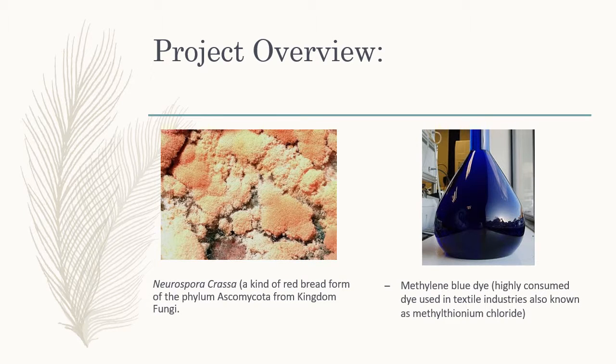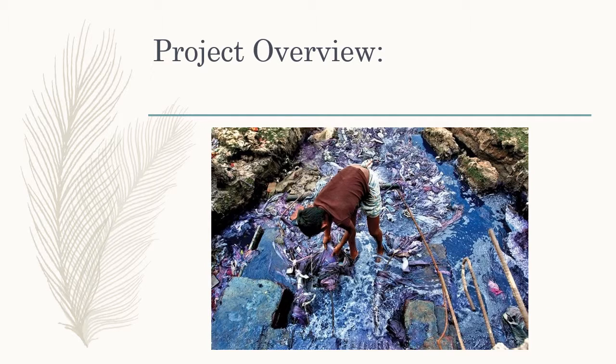In this project, we used dead biomass of Neurospora crassa, a kind of red bread mold of the phylum Ascomycota from the kingdom fungi, which was then used as an adsorbent for the removal of methylene blue dye, which is a highly consumed and toxic dye used in textile industries. The purpose of the study was to give an alternative solution to water treatment through biological processes for the betterment